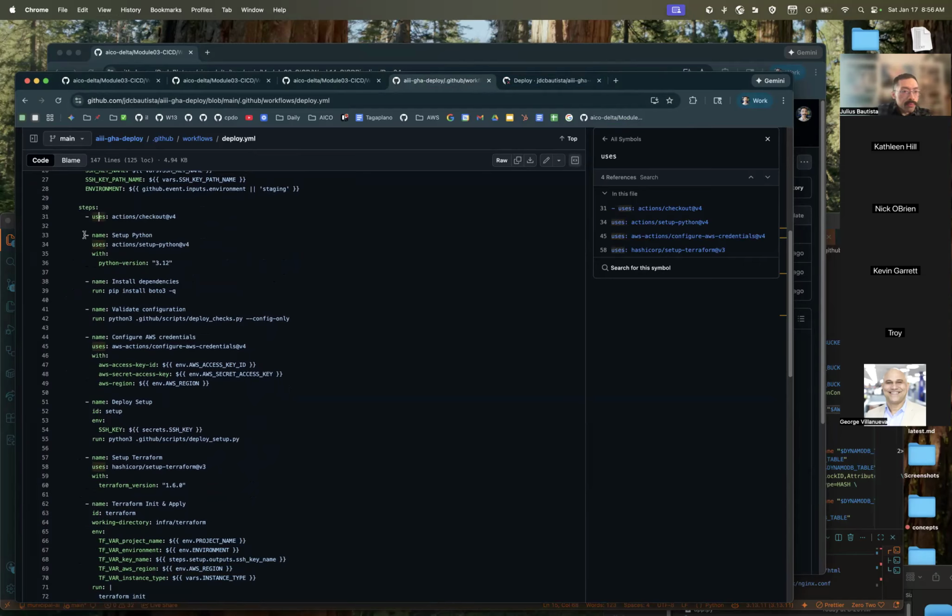And then we set up Python, we set up any necessary dependencies, Boto3 for interacting with AWS via Python. We can validate the configuration by running checks, and this essentially acts as our test suite.